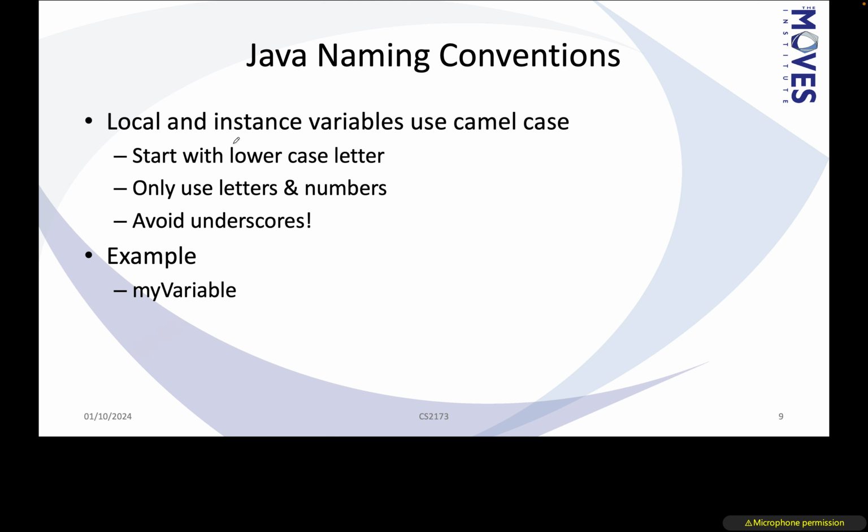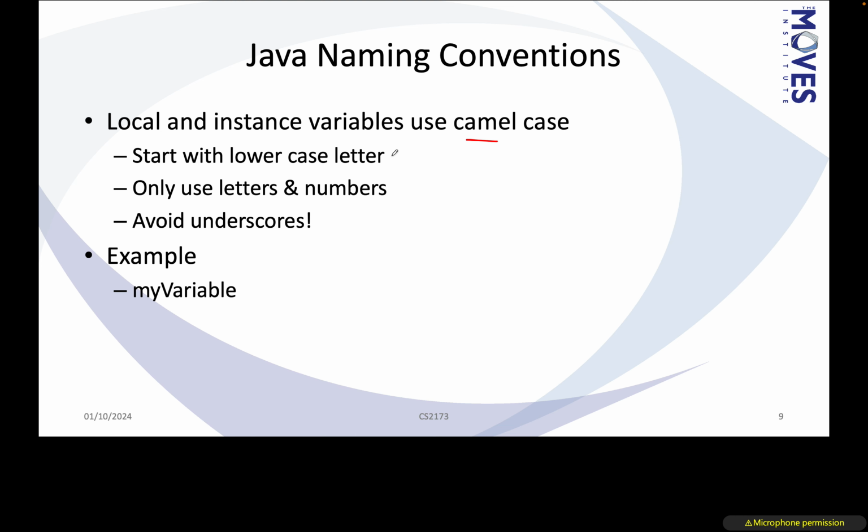In Java, local and instance variables use something called camel case. Are you familiar with that term? Yeah, so when we're talking variables, they start with a lowercase letter, and after that they only use letters and numbers. Now, you're allowed to use underscores as well. You can also use things like dollar signs and some other things, but the convention is you only use letters and numbers